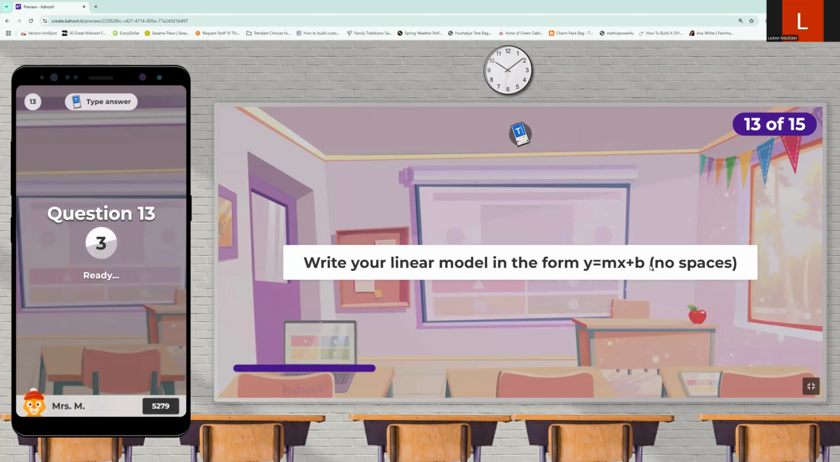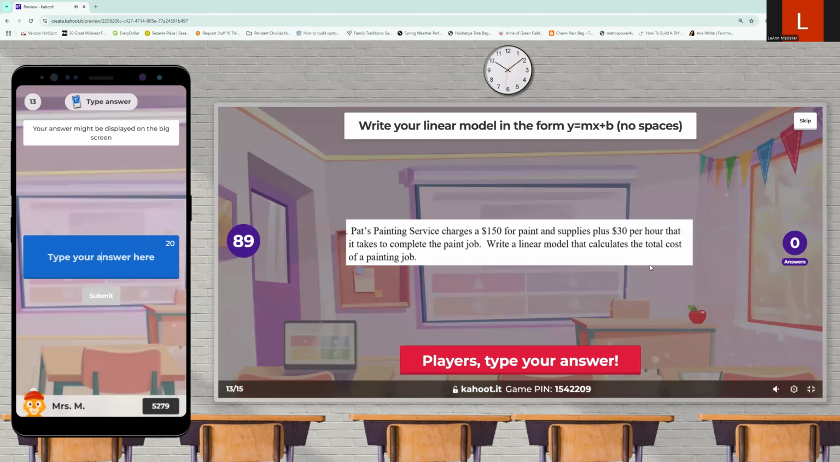Okay, let's look at this next one. Write your linear model in the form y equals mx plus b, and that just means don't put a space. So Pat's Painting Services charges $150 for paint and supplies, plus they charge $30 per hour that it takes to complete the paint job. Write a linear model that calculates the total cost of the painting job. Okay, so this is how much are they going to charge? It's going to be how much they charge. That's the cost. So y equals,